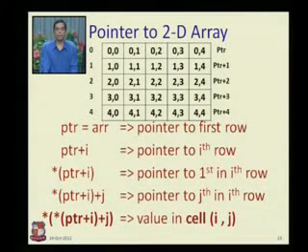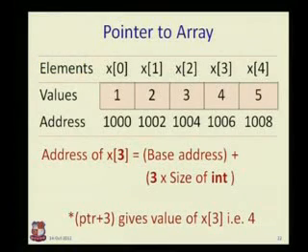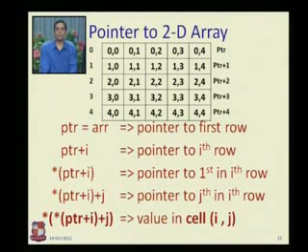Now if I do ptr plus i, what is ptr plus i? Ptr is a pointer to the first row, and now plus i is also done. As we have seen in the one-dimensional array, when I do ptr plus i, it will be for the ith row. I explained that ptr plus 3 means moving to the next element containing the 3. Again it is the same here, ptr plus i means pointing to the ith row. Now if I dereference this, meaning I put a star in front, star of ptr plus i, so what does this